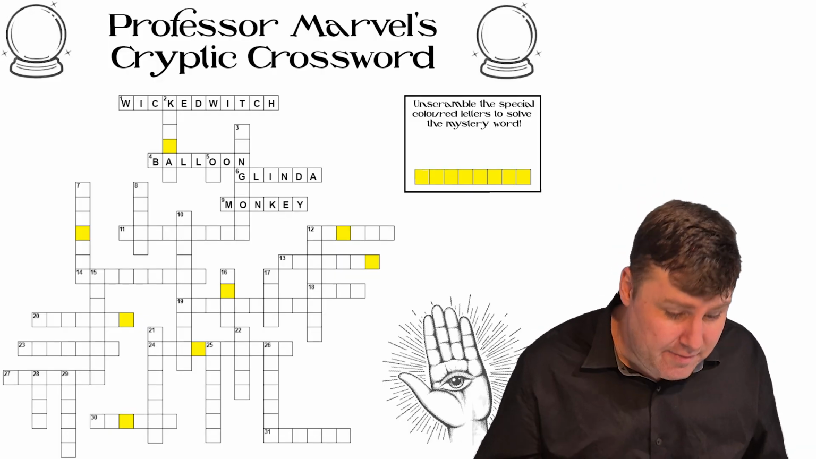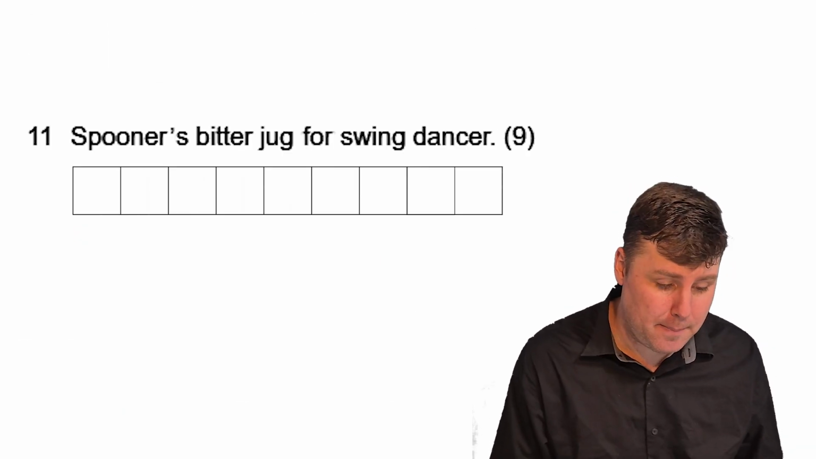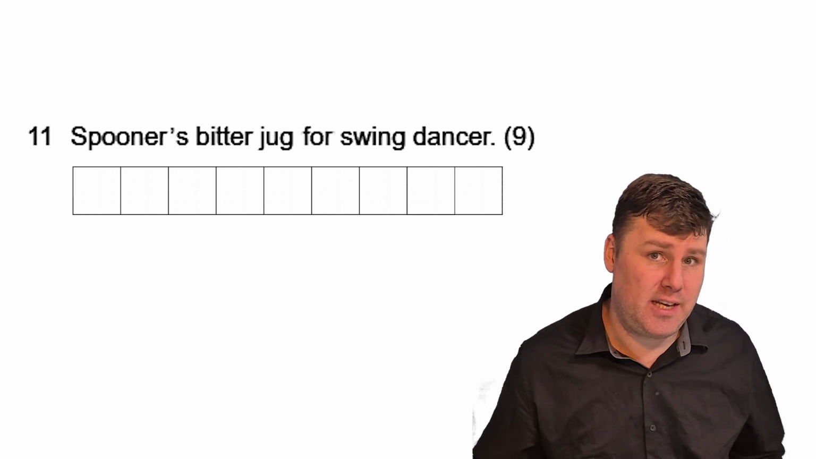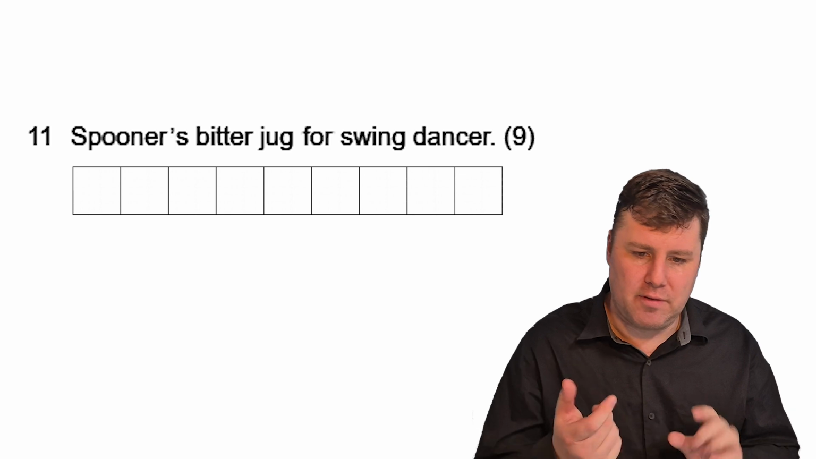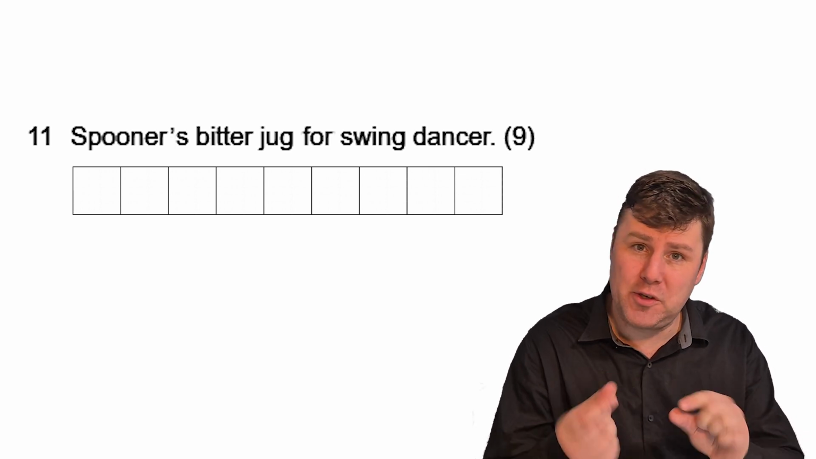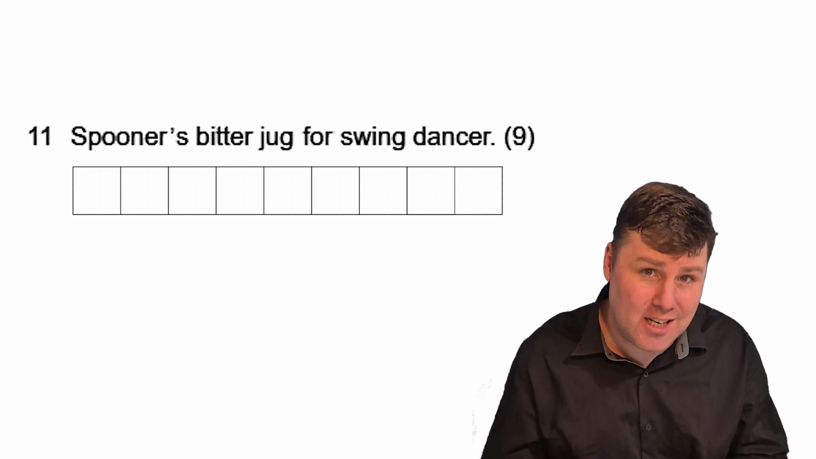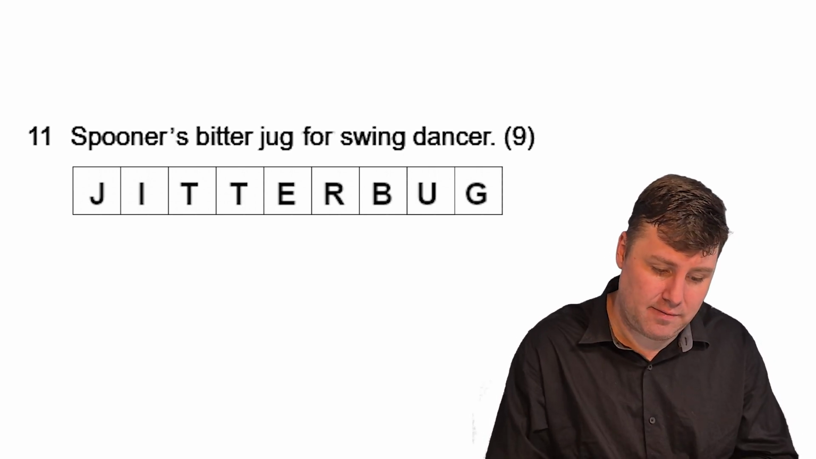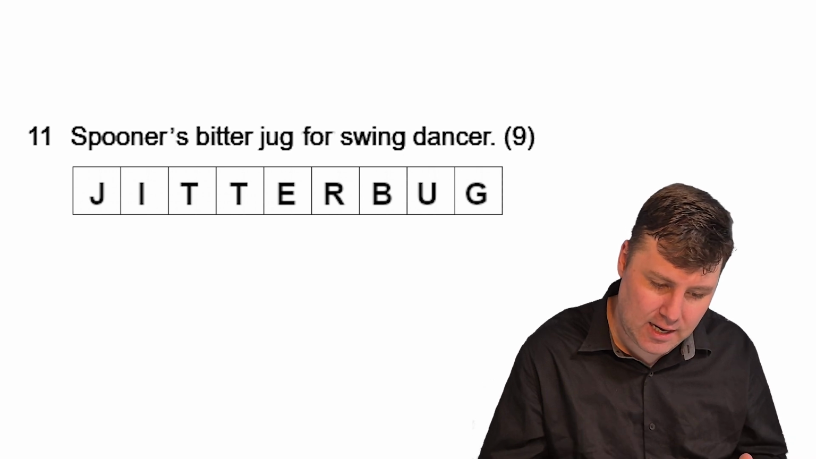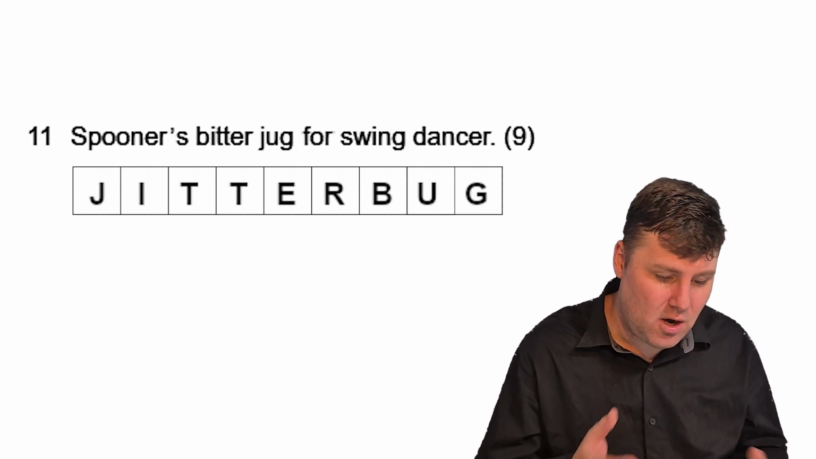All right, down to 11 across, Spooner's bitter jug for swing dancer. Now, anytime you see spoonerism relating to Mr. Spooner, this refers to a rhyme in which the first 2 letters are switched. So Spooner's bitter jug is just going to be jitterbug. That's the 9-letter answer for this, jitterbug being the name for a dance of the 1920s, 1930s of swing dancers